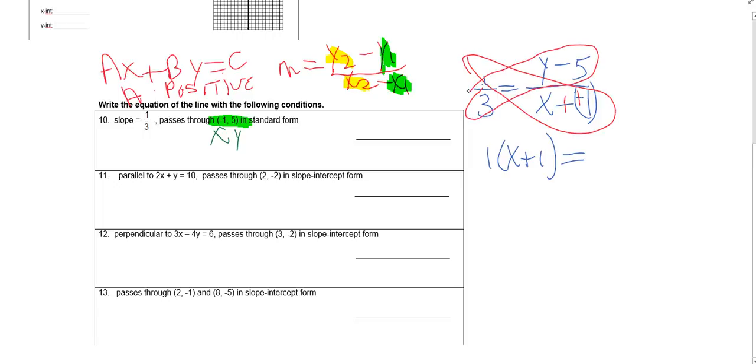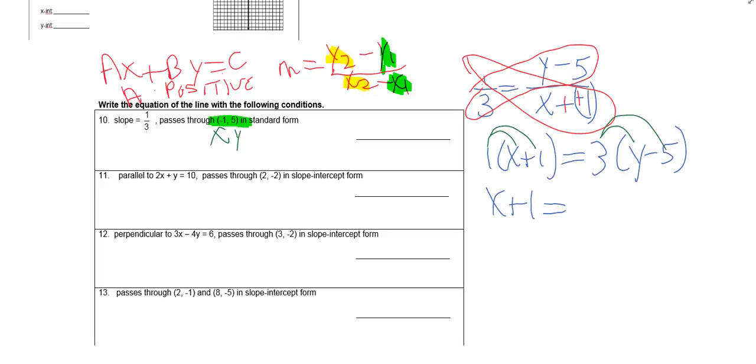On the right hand side, we're going to get the quantity 3 times y minus 5, and then we simply have a little algebra problem. Distribute both sides. Of course, distributing 1 doesn't really change anything, so the left side just remains x plus 1, and distributing on the right hand side we have 3 times y and 3 times the negative 5, so we have 3y